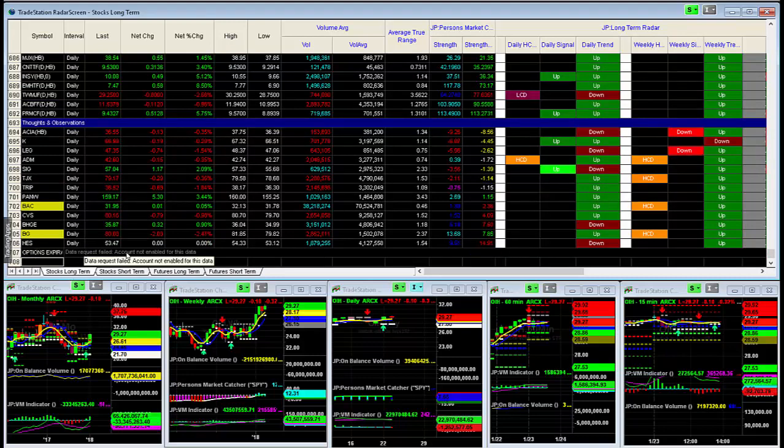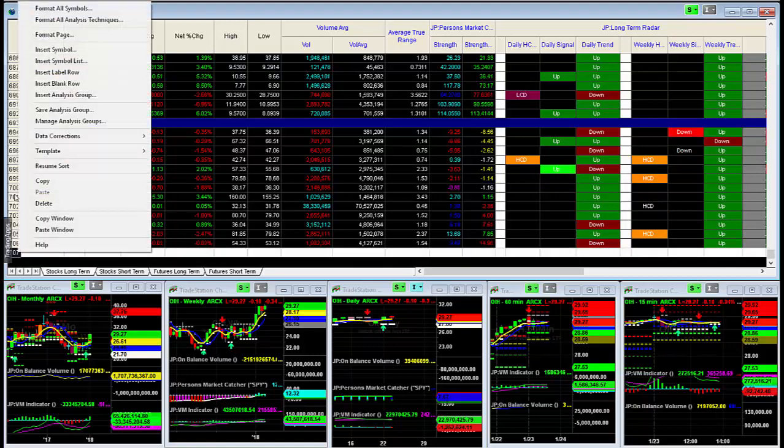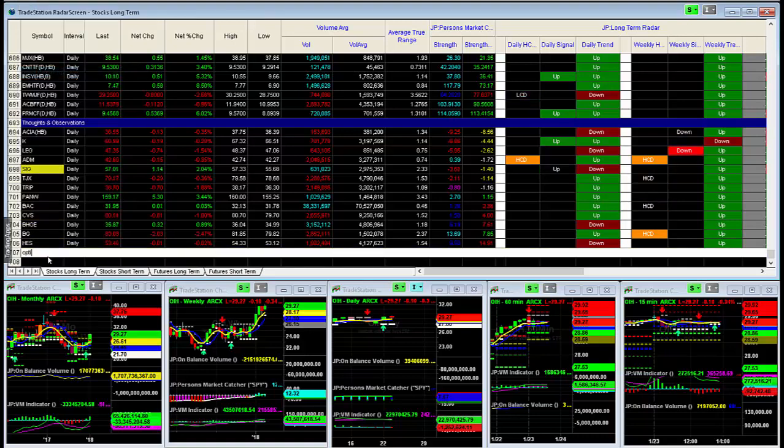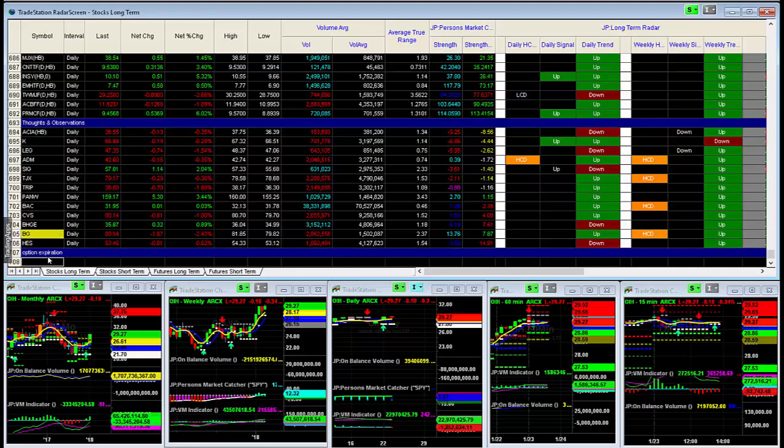You've got data request not enabled for this account. So if you do a lot of typing of what might make sense to you, you need to make a label row. So just right click on your thing, hit insert label row, tap on it, and then say option expiration.